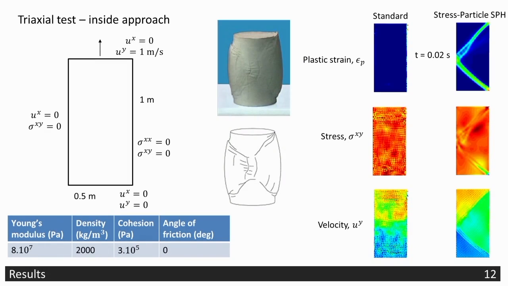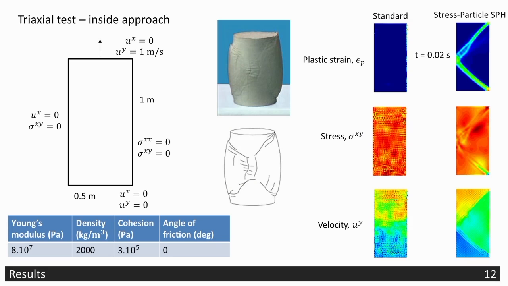So now just to look at some results. These are results from a triaxial test, which is an experimental method within geotechnical engineering where a force is applied to a sample of soil and its behavior is observed, and you can get properties of the soil upon failure. And at the end of the test, the soil sample has these areas of localized plastic deformations, which are shear